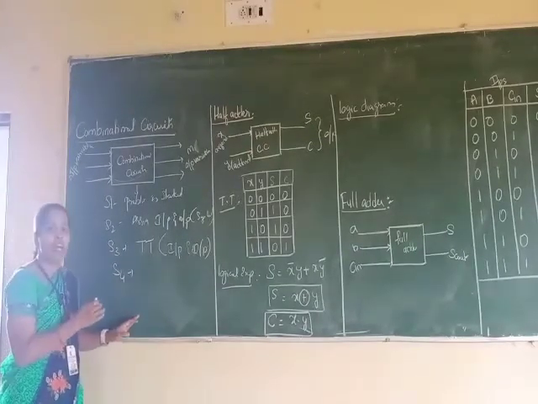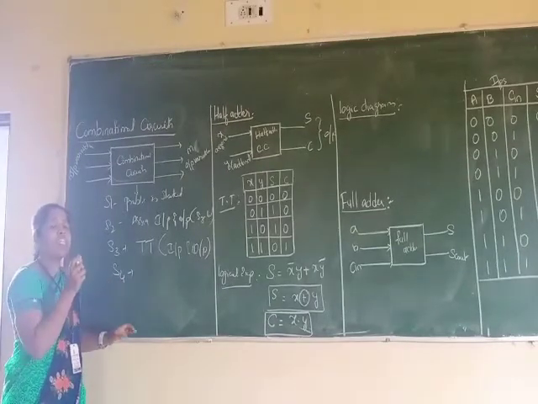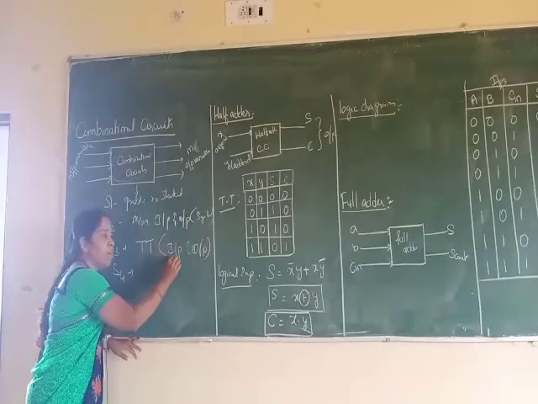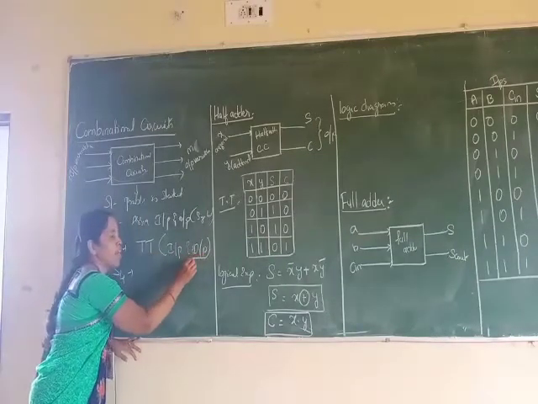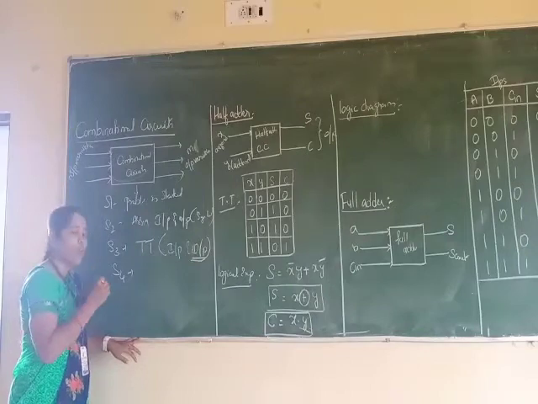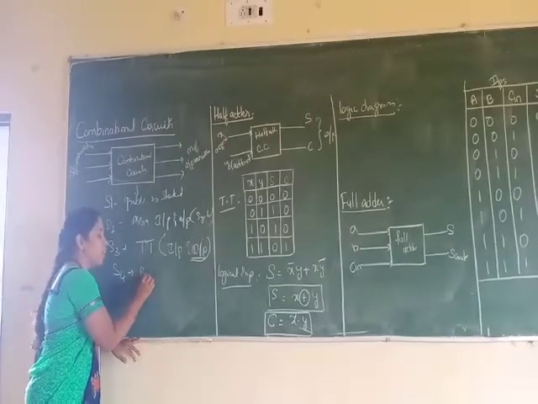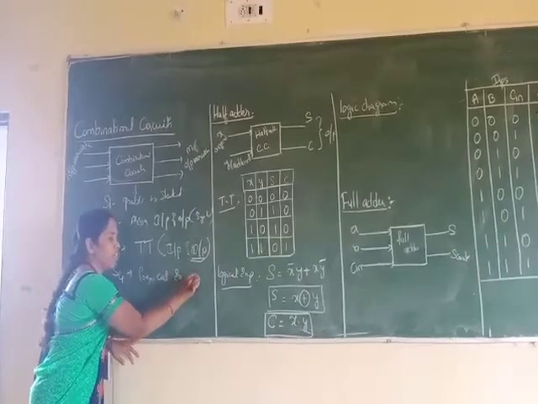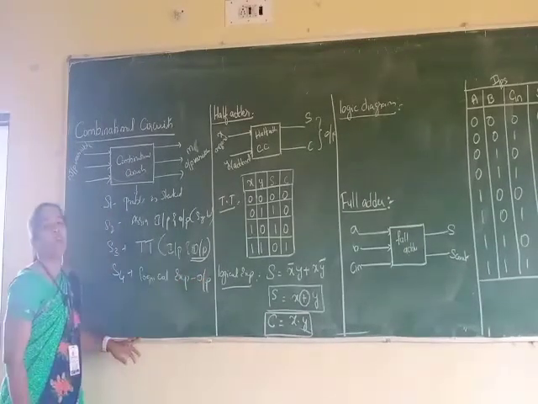In the fourth step, you have to generate the logical expression, right? The truth table includes the input as well as the output. Whatever output is generated, for that you have to generate the logical expression. The logical expression will be generated for the output, right?